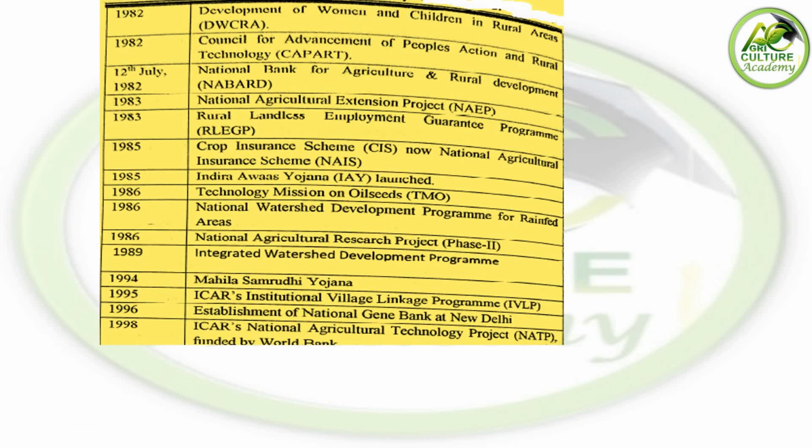Then in 1982, Development of Women and Children in Rural Areas, DWCRA program. This one, the full form of DWCRA: Development of Women and Children in Rural Areas, 1982. An extension question, this one. 1982, Council for Advancement of People's Action and Rural Technology,